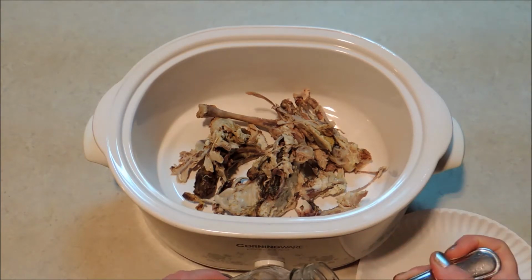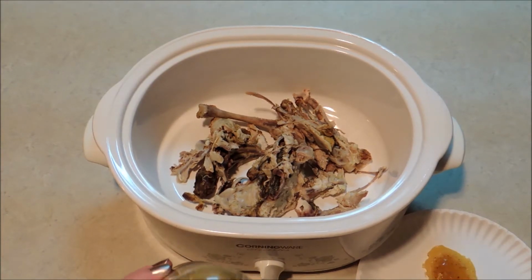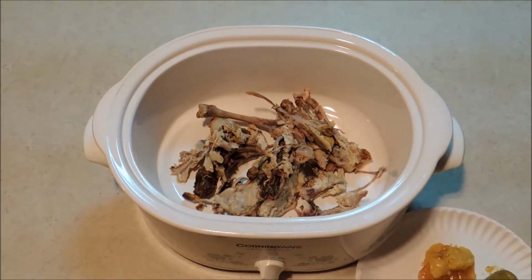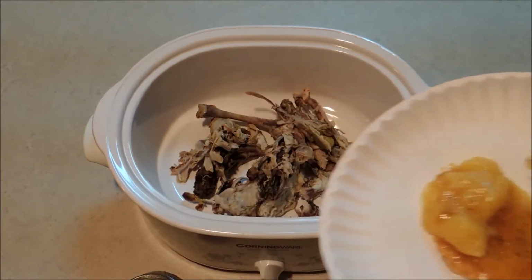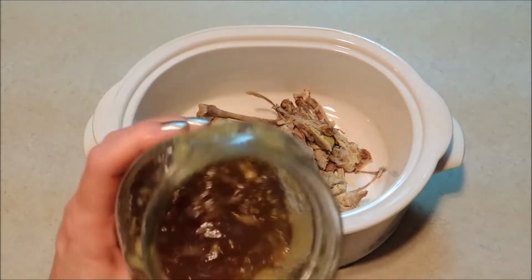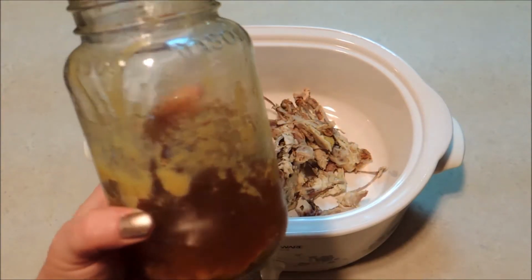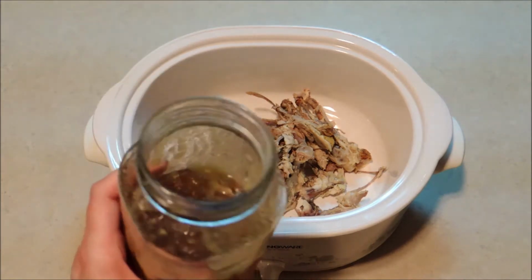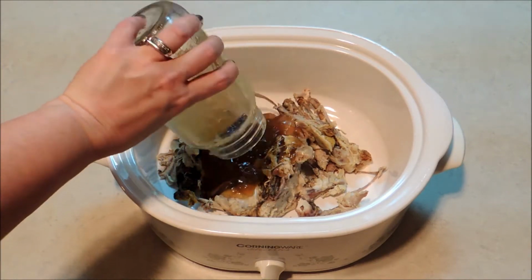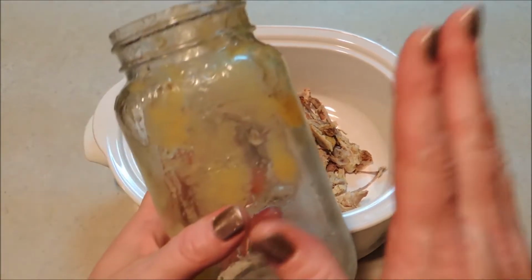I'm going to go ahead and scoop that off the best I can and set that aside. And then I can just discard that, and that's that much fat we won't have to worry about skimming out later. But the rest of this we definitely do want in there. You can see it's very congealed, very jelly-like, and that's from the collagen in it, and all of that collagen is going to be super healthy and really good for us. So I'm going to pour all those juices in, all that good collagen,